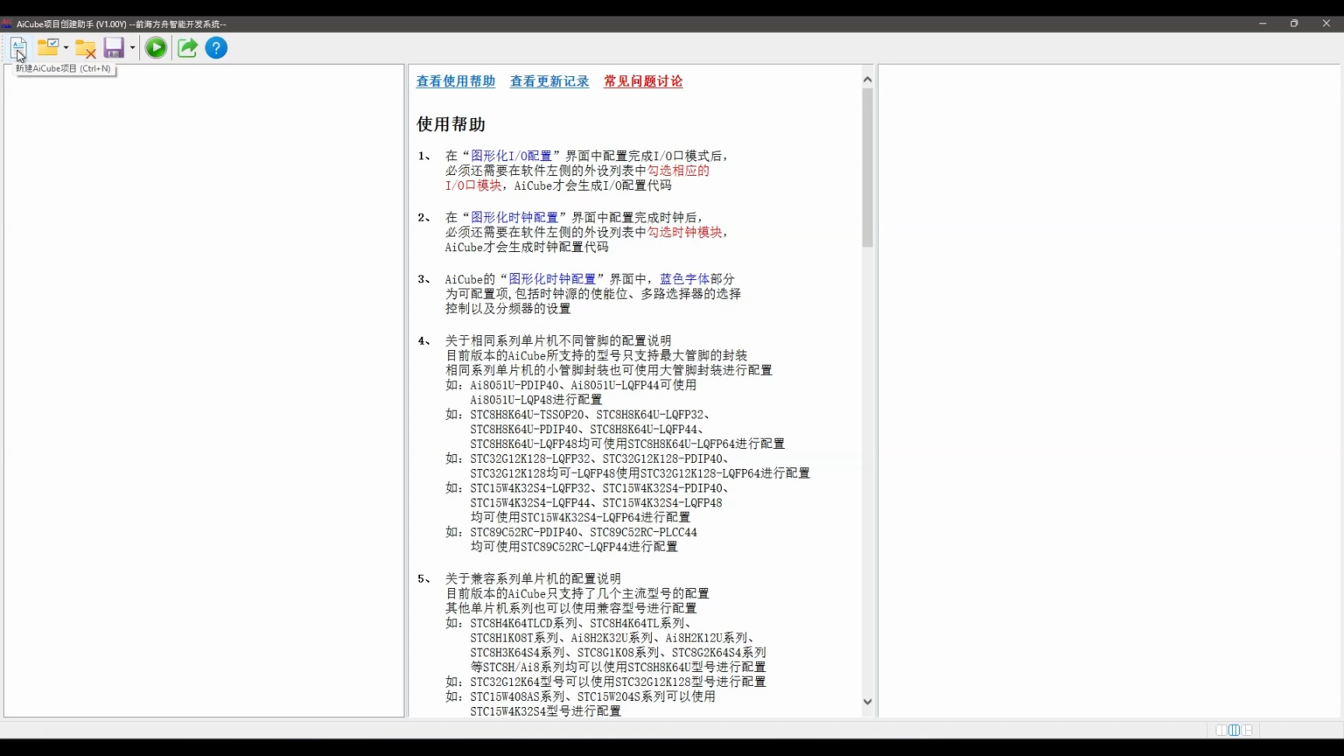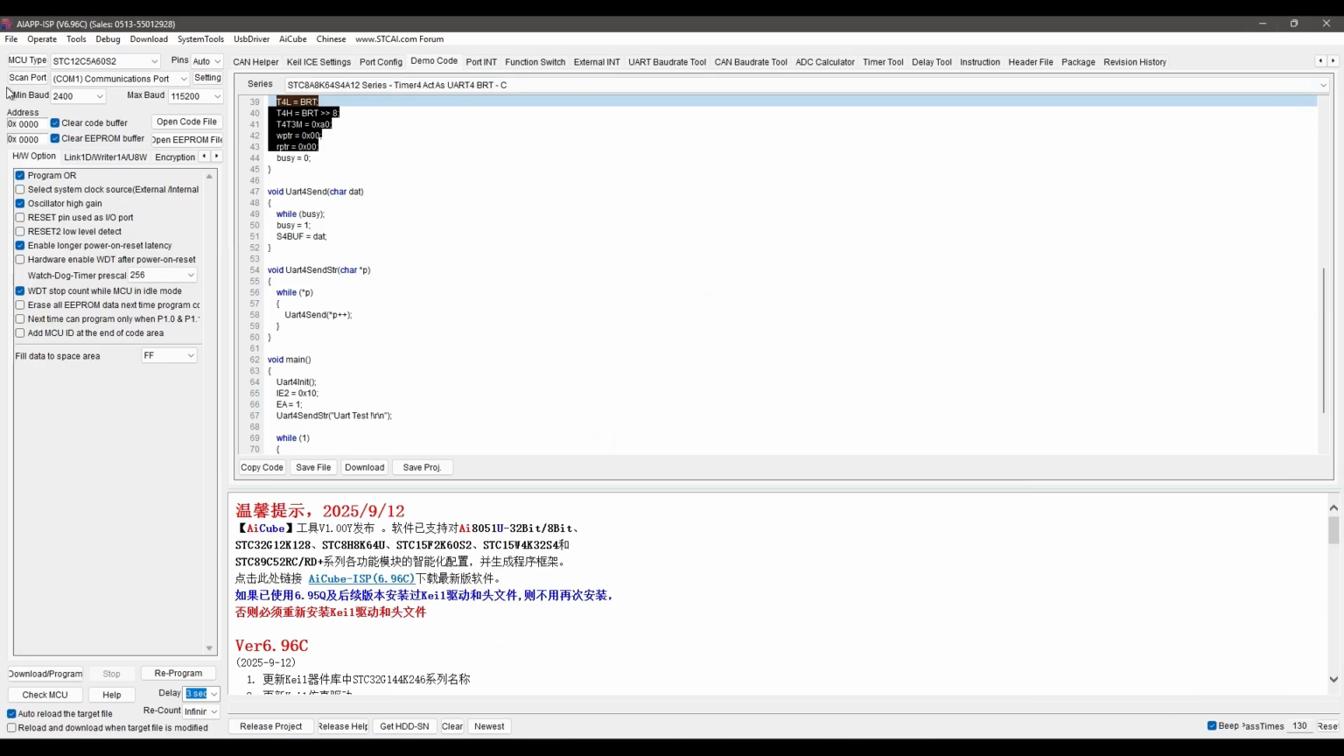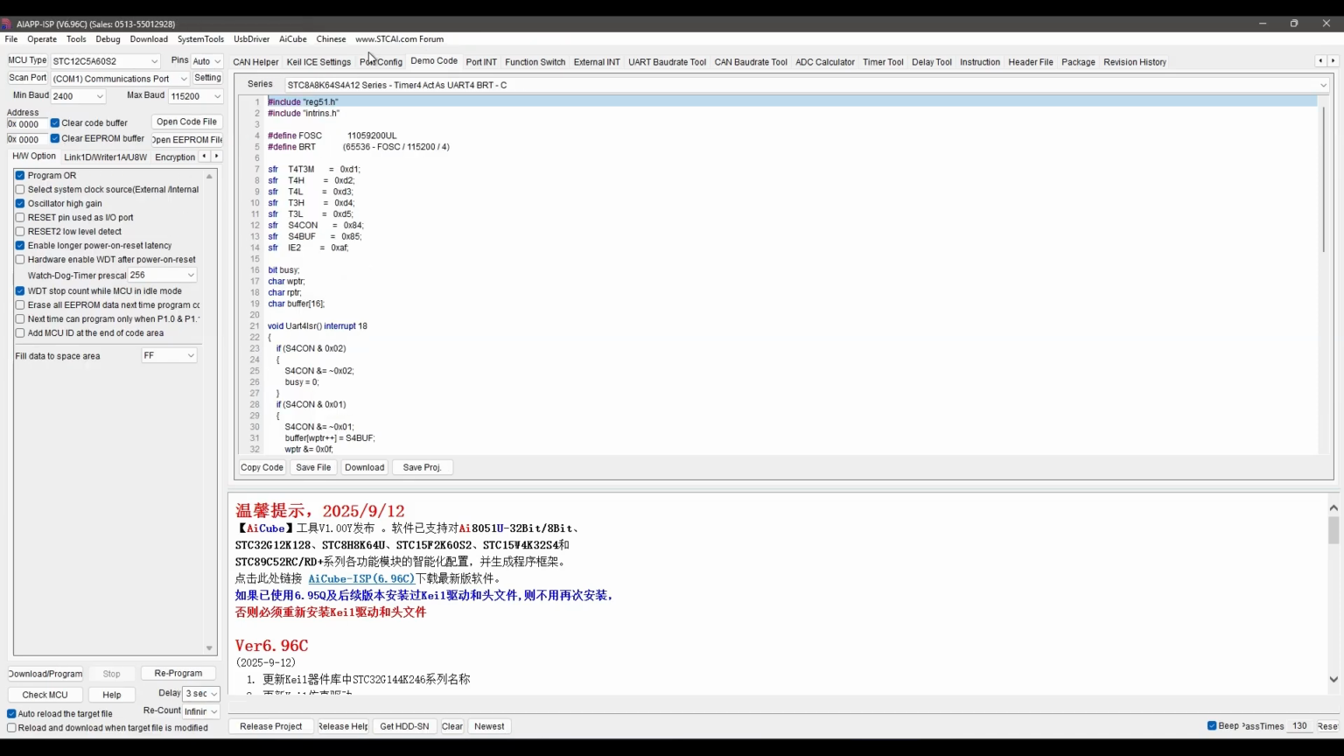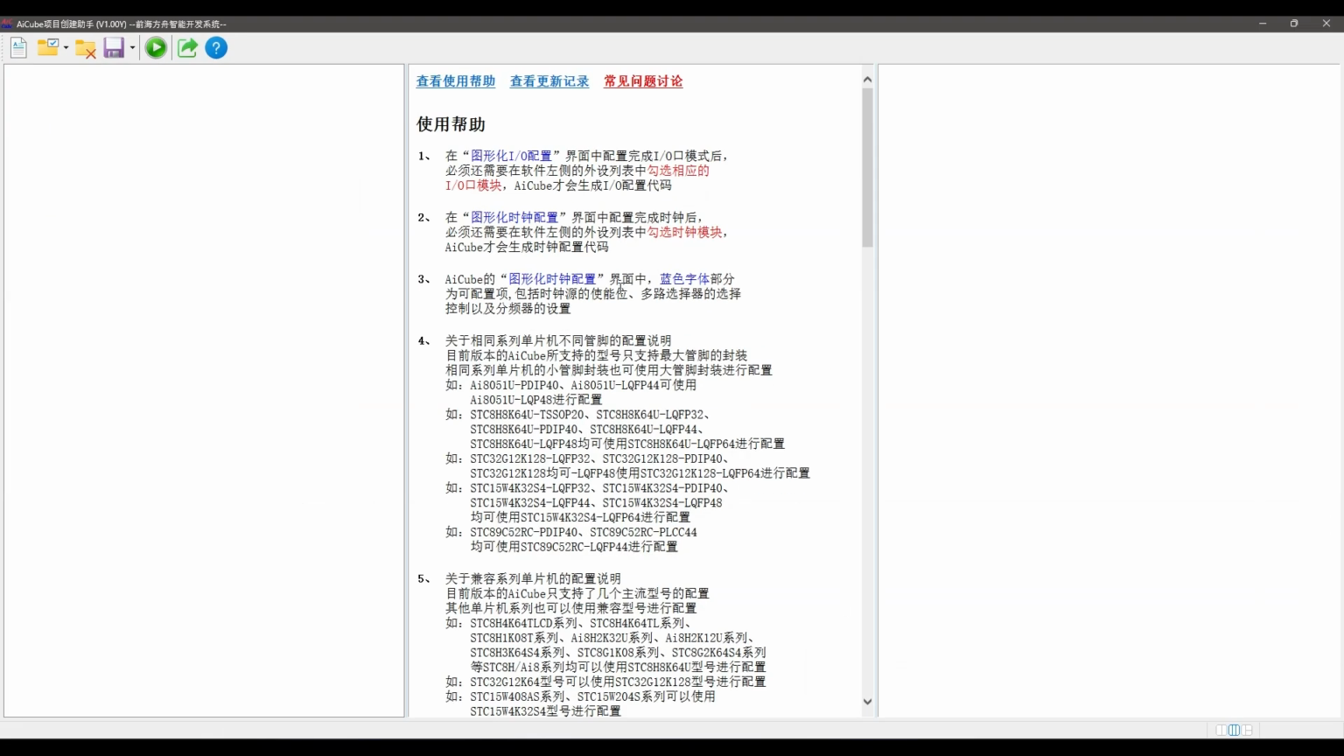because they had this app in Chinese too, the STC ISP or AIAPP-ISP in Chinese, but now they also have the Chinese and the English version. So we have the liberty to change language as per our requirement. So I expect that they will listen, and they will also adapt the same strategy for the AICube, which is